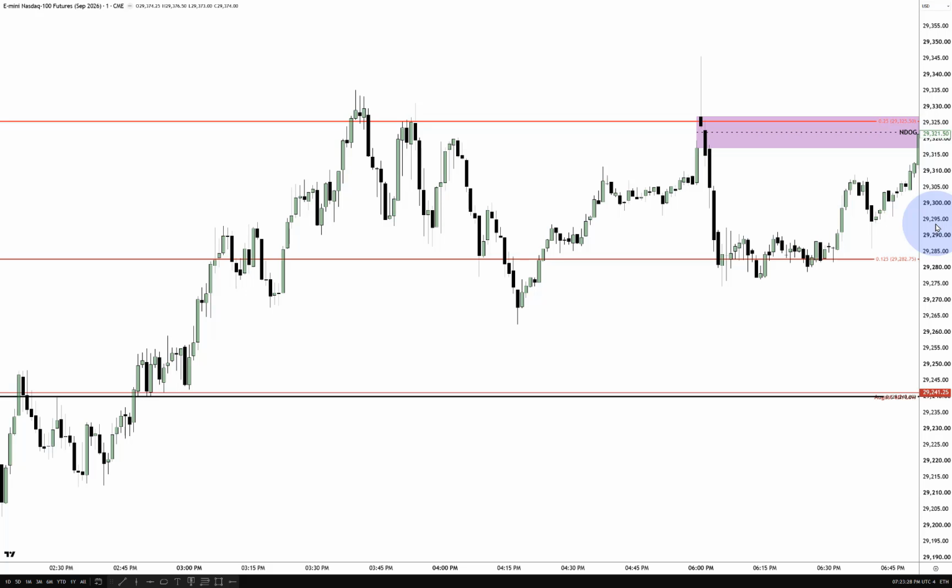So, new day opening gap. That is the difference between where we settled at 5 p.m. Eastern time and then restart at 6 o'clock for futures. Okay, so that's new day opening gap.